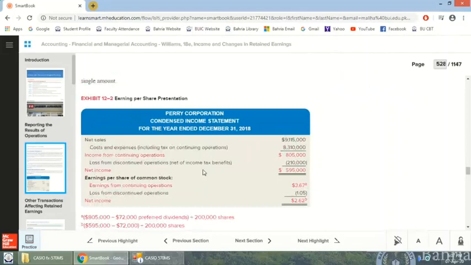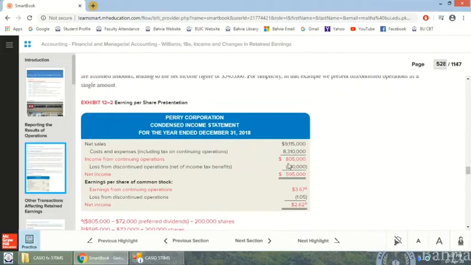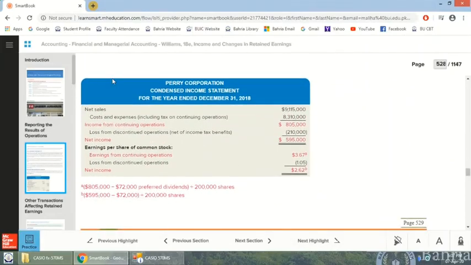Then this is another example for you. You can quickly see the effect here. You have net sales and costs and expenses, and you subtract them to get the income from continuing operations, and after whatever losses, you get net income. But if you see the way they have computed the earnings per share from continuing operations, it is simply this 805,000 divided by the number of shares, however, after subtracting the preferred dividends. Similarly, you take out